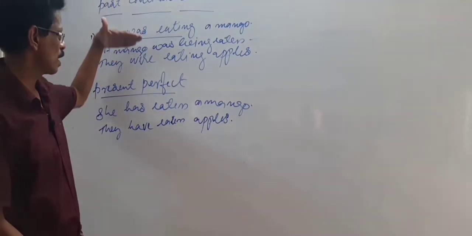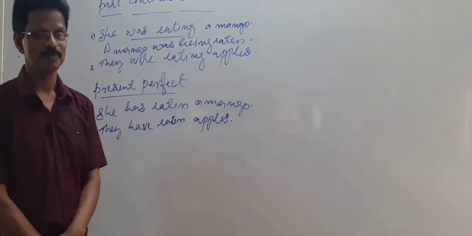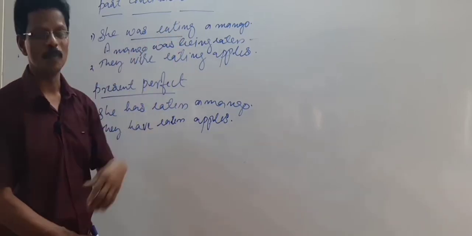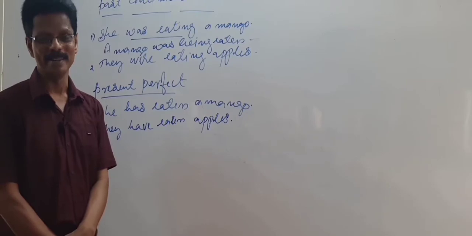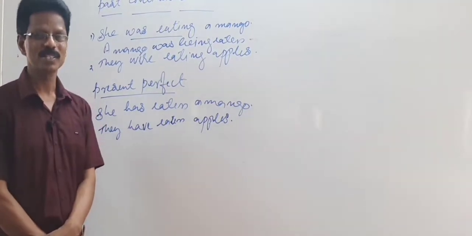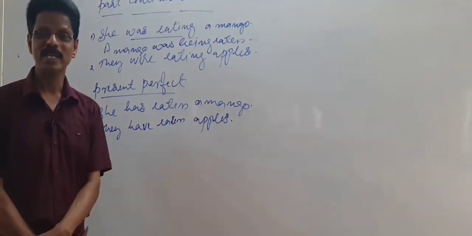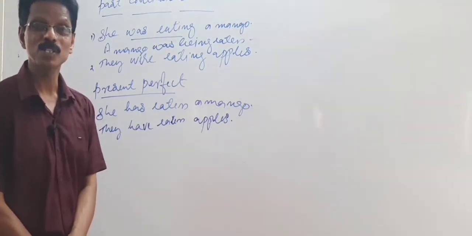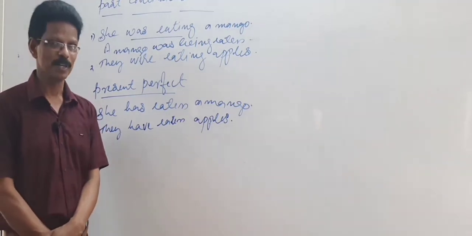Present continuous, past continuous. For future continuous, there is no passive. For example, she will be eating a mango. So the answer should be a mango will be being eaten. Yes, we cannot use it in such a way. If at all, this is the only answer, so that is not the correct method of usage. So generally, future continuous tense sentences will not have a passive voice. So there is no passive for future continuous tense. So let us move on to the next.